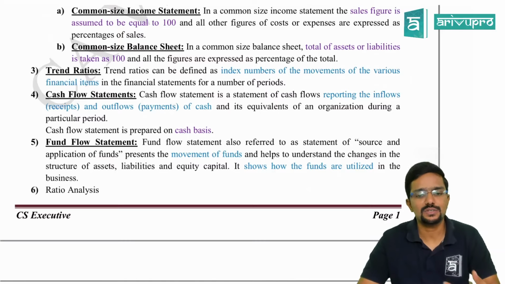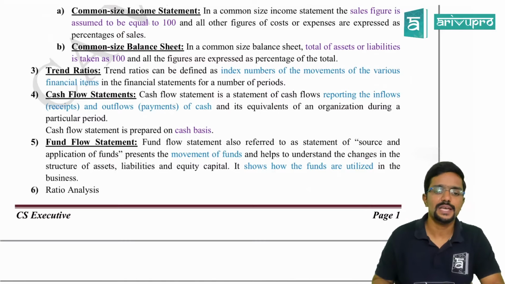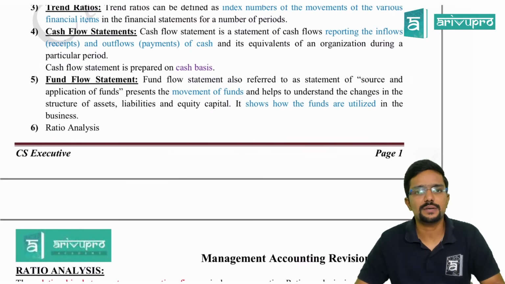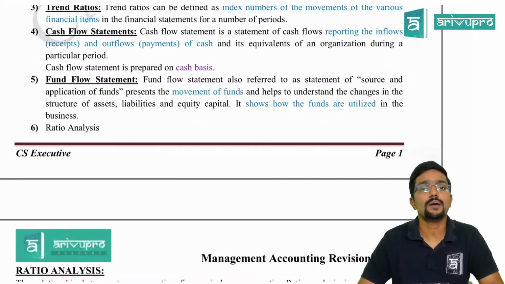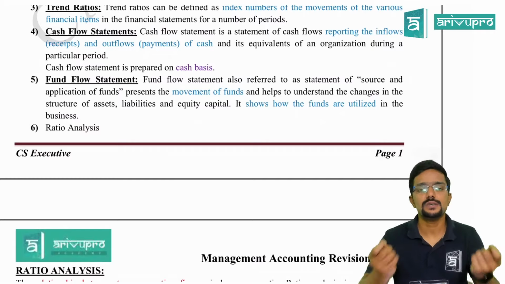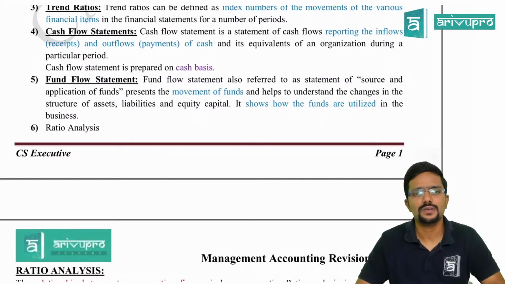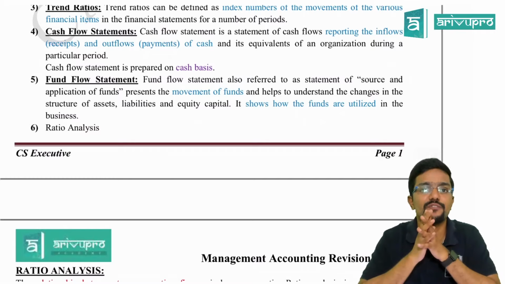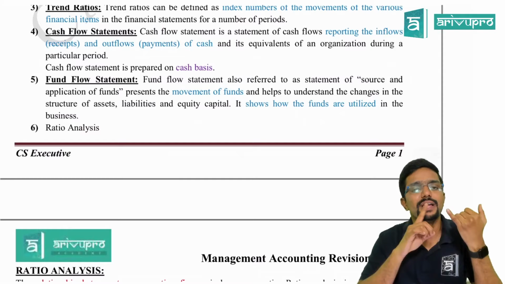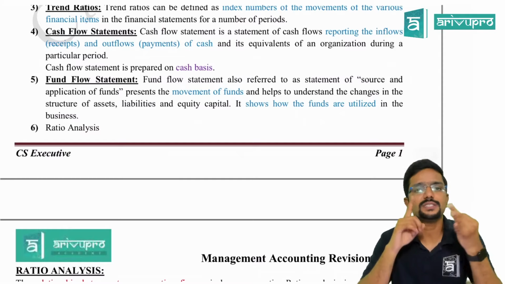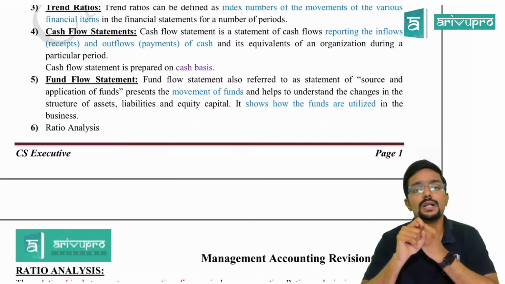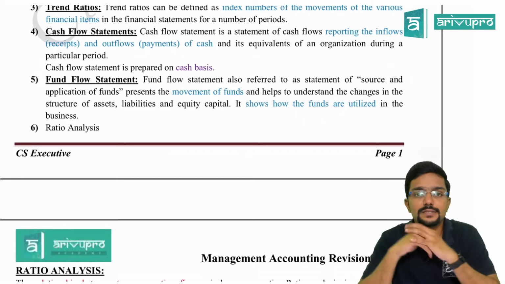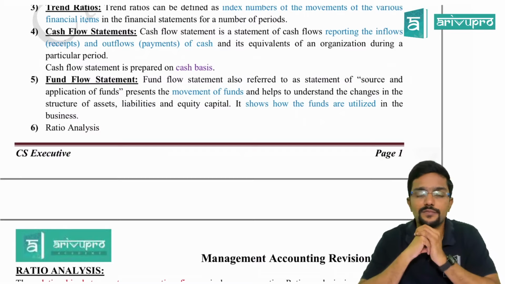Next, coming to cash flow statement, which we have already discussed. Then coming to fund flow statement. Fund flow statement is similar to cash flow statement, which is sources and application of funds. It discloses sources and application of funds. Sources means from what all sources the company is getting the money. It might be by issuing share capital, issuing debentures, or by borrowing the money, or else by selling any assets of the company, or also from sales.